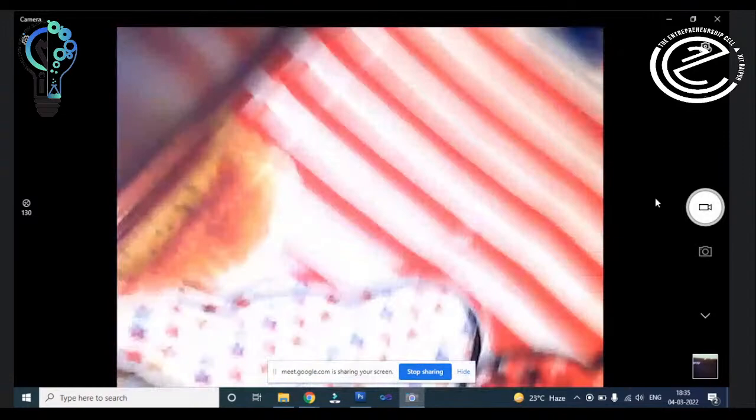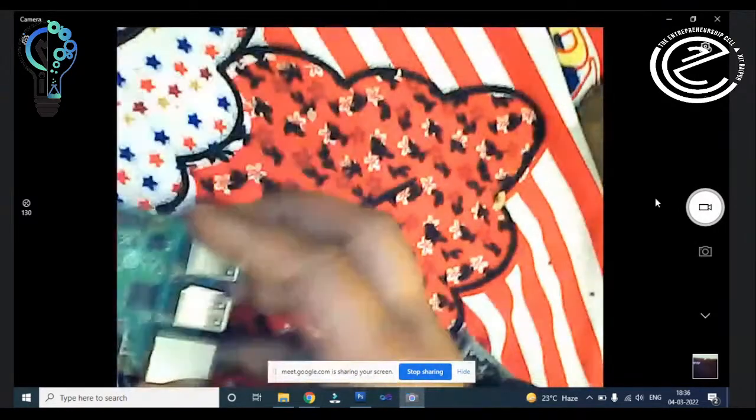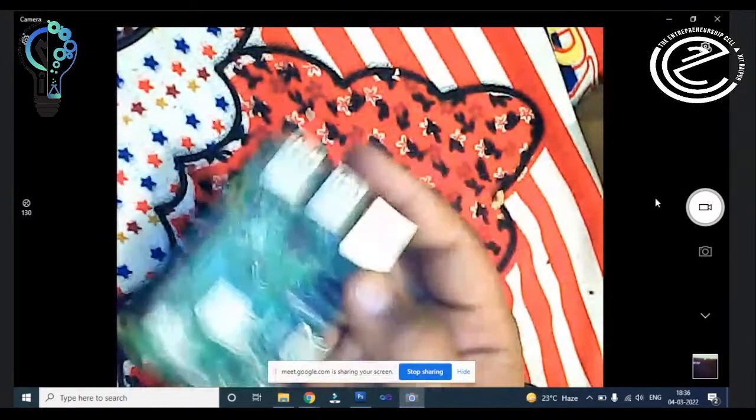So let me show the operating system which is available in the Raspberry Pi board. Okay, so let me connect this.